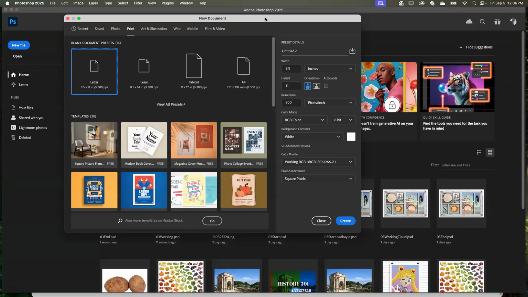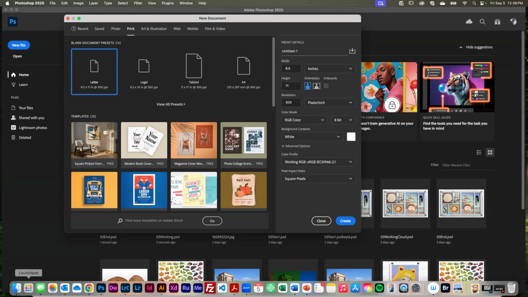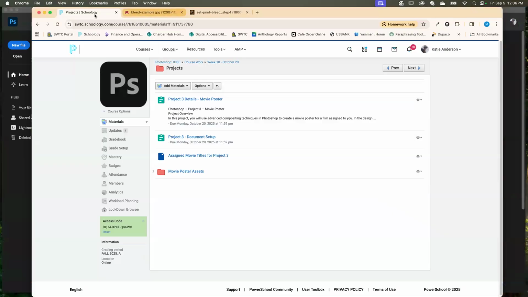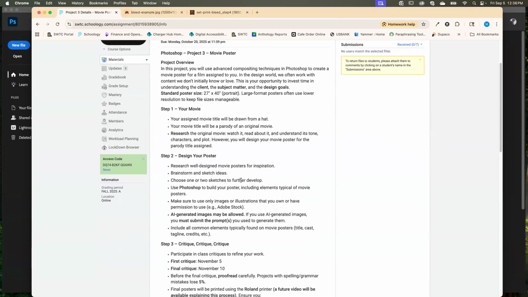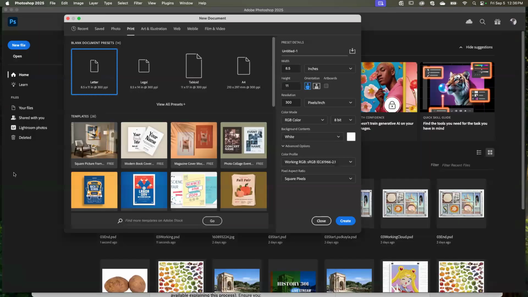And something that you will have seen in the project details is that the document size for this movie poster is a standard movie poster document size. It is 27 inches wide by 40 inches tall. So that's portrait, and that's a standard movie poster size. That's what you see when you go into the theater. Now, here's the kicker with that. I can't just type in 27 by 40,